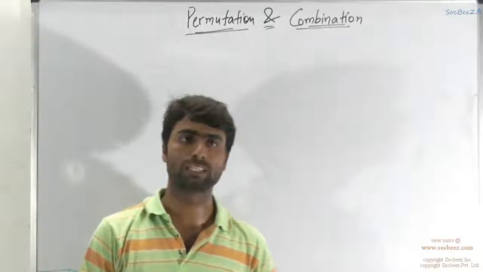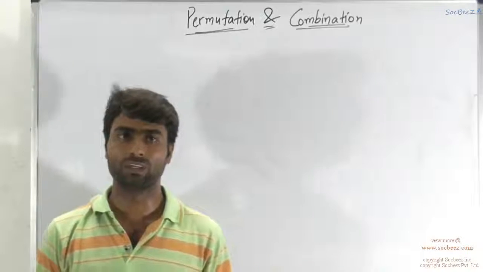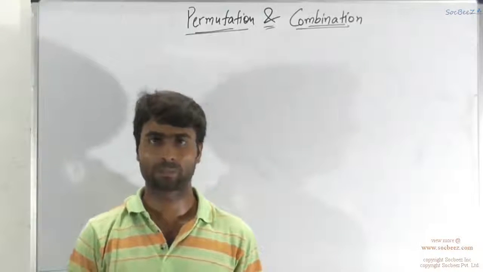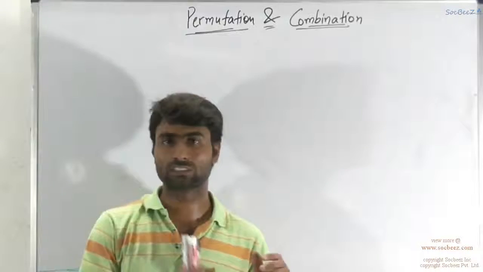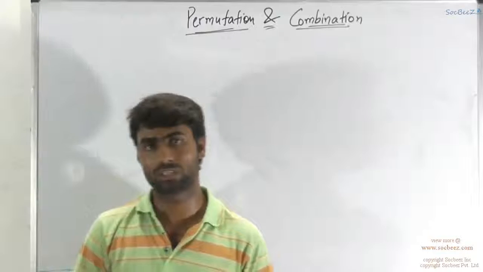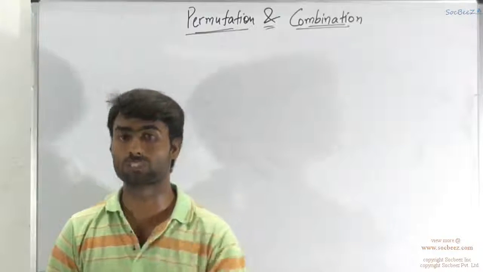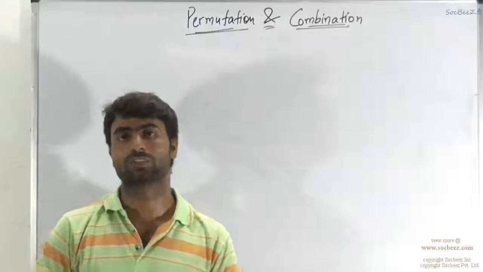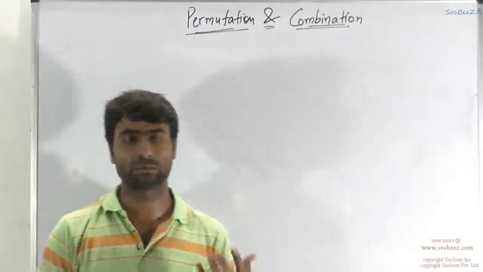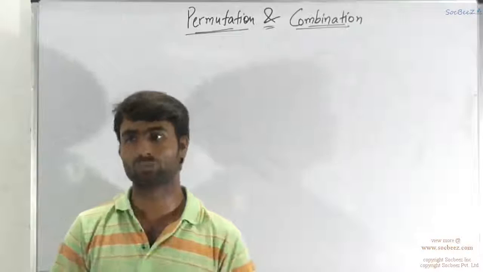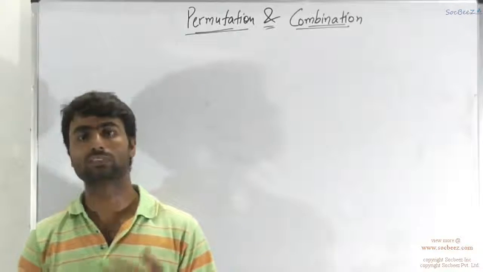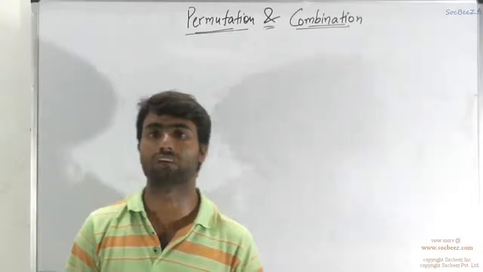So permutation is basically arrangement of some numbers in a row. What we did in the last lecture was how many ways 6 people can be arranged in a row. This is basically finding the permutations of 6 persons. So permutation of n objects means arranging the n objects in a row. In how many ways can you do it? This is what is meant by the permutation of that number.